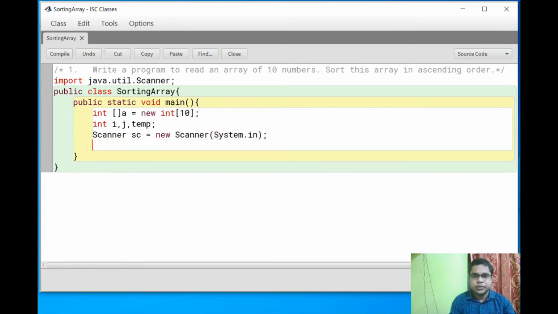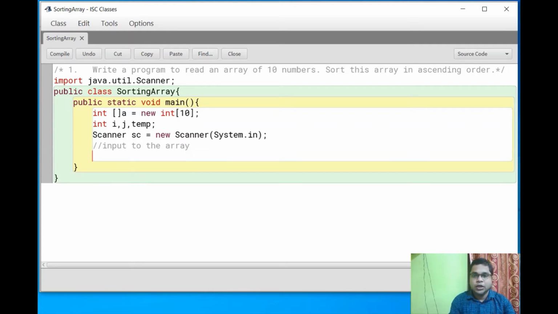Now we have to input the array. Here I am writing the for loop for the input: i equals 0, i less than a.length.